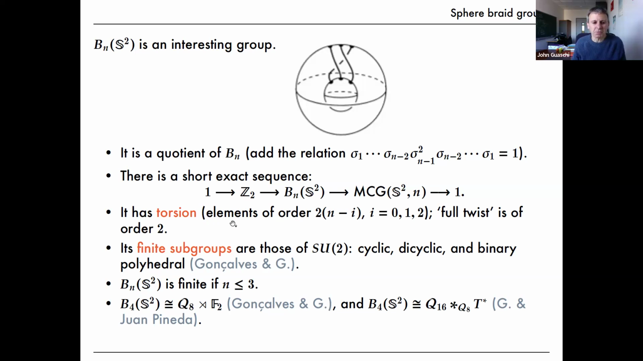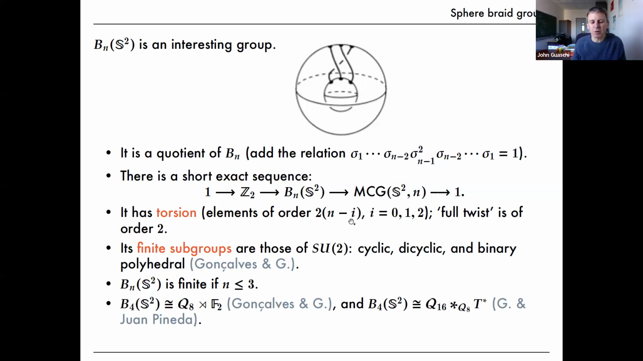Fadell and Van Buskirk also studied the torsion, so the elements of finite order. They showed that the braid group Bn of S2 has elements of these orders, or obviously their divisors, and you can view these as the basic elements. So if you want to construct an element of this order, then the idea, at least geometrically, is to put